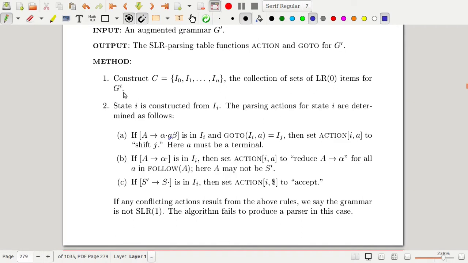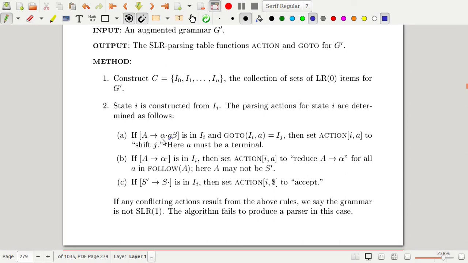G dash is our augmented grammar. Second step is state i is constructed from Ii, where Ii is the ith set of items. The parsing actions for state i are determined as follows.